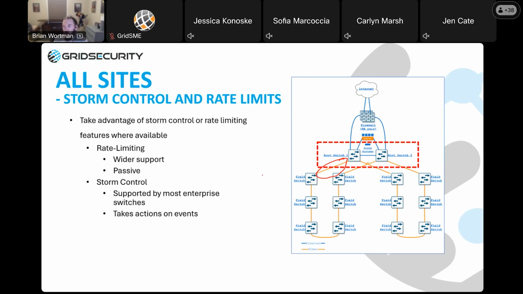And storm control allows you to do some similar things. It's more of an active feature versus a passive one, though. It protects the network from broadcast, multicast, or even unknown unicast storms, and it does this by monitoring and detecting when traffic exceeds a configured threshold. Same thing, like 5 megabits of broadcast traffic, 10 megabits of multicast traffic. When it detects something crossing that threshold, it performs an action like disabling the offending port, or it can still take a rate limiting type of action as well.